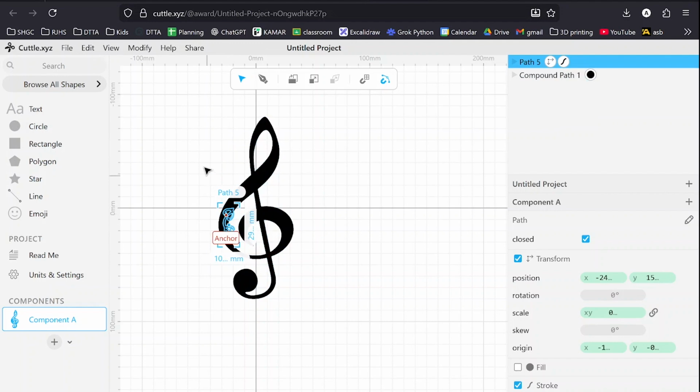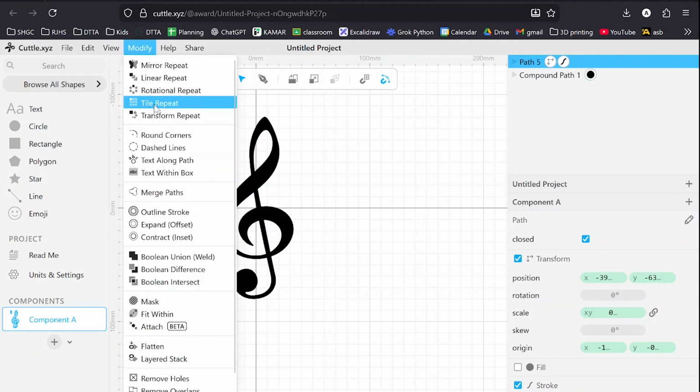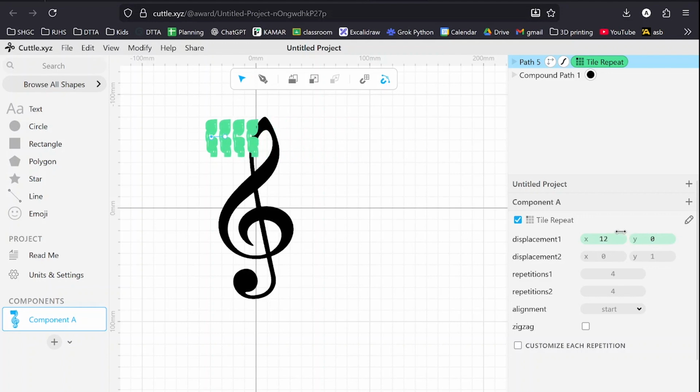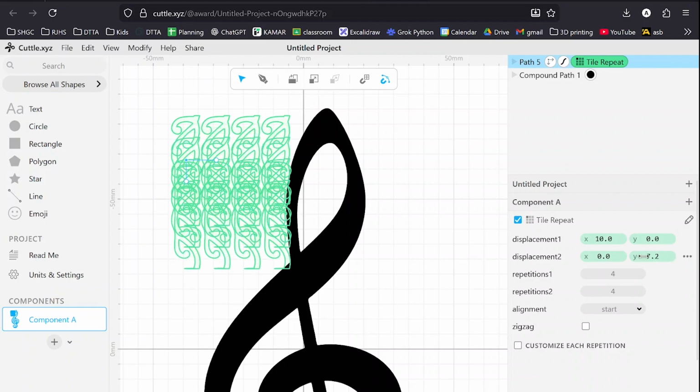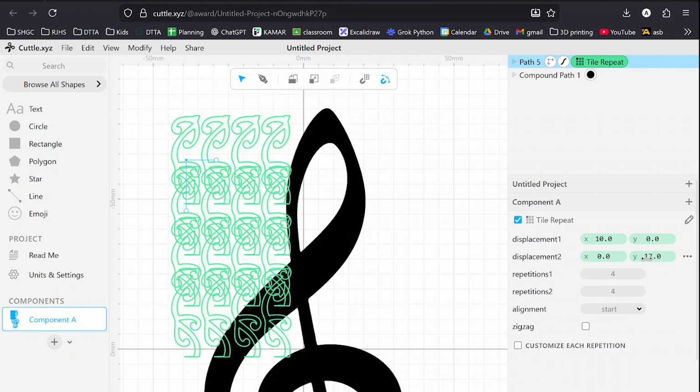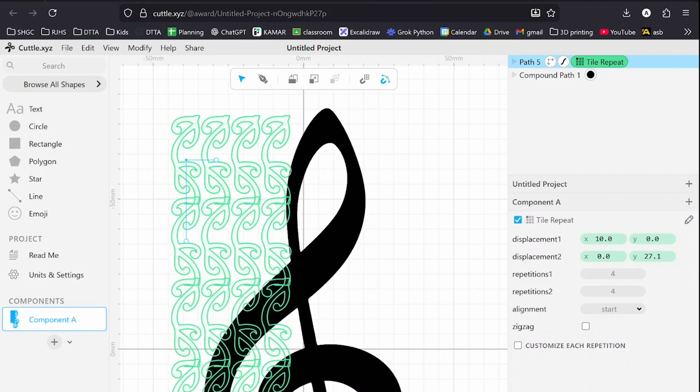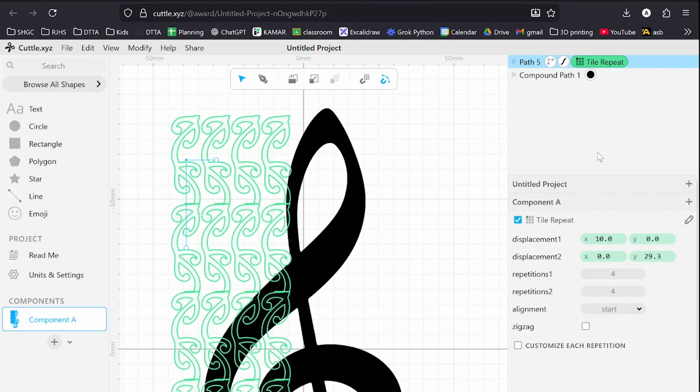Now here's the fun bit. I'm going to come in here, make it really nice and small, and I'm going to use tile repeat. Change the displacement here just to make sure it has a really nice cool little tiling. I'm going to get this and make it cover the treble